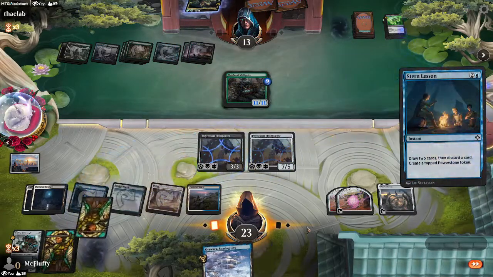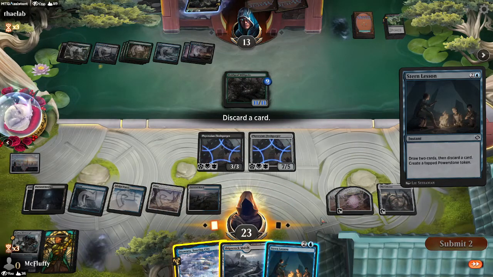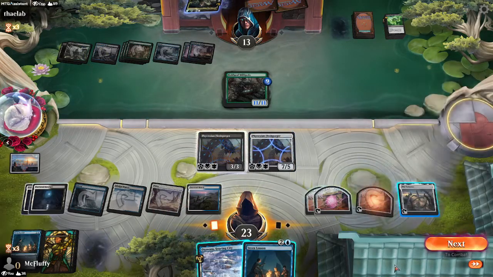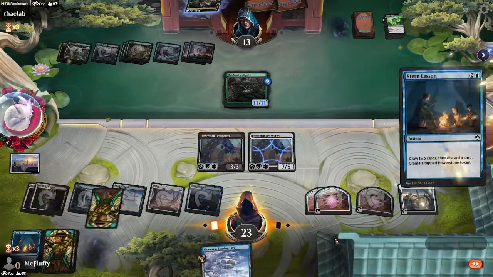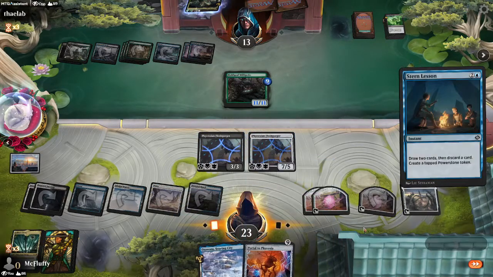let's see if we can draw into our... We really don't have any luck, do we? Submit... Oh. Submit 1. My bad, my bad. Well, we'll discard the Shipwreck Marsh. It doesn't really matter as much. And then we'll play Stern Lesson, draw 2, discard. We'll have enough to play the Portal to Phyrexia next turn, so...